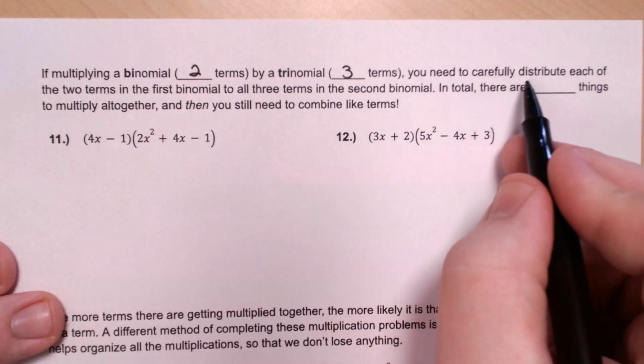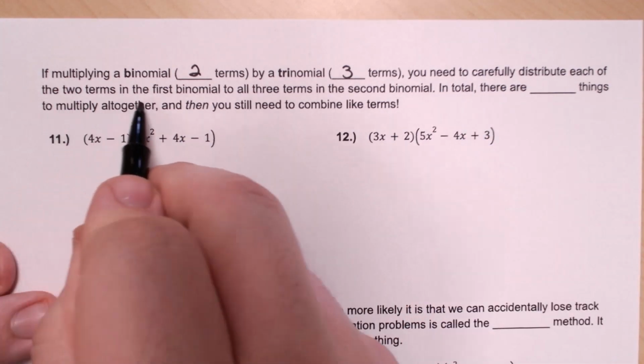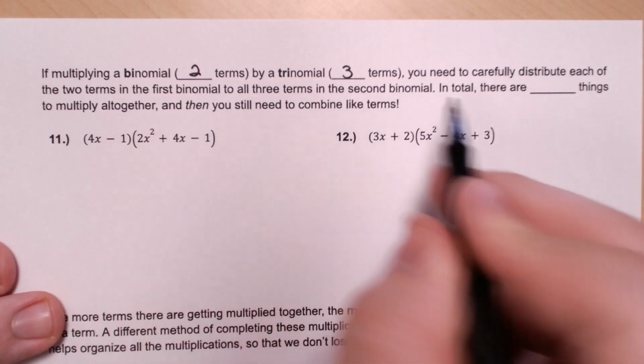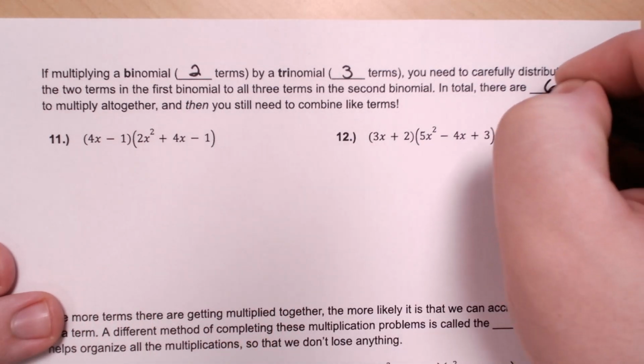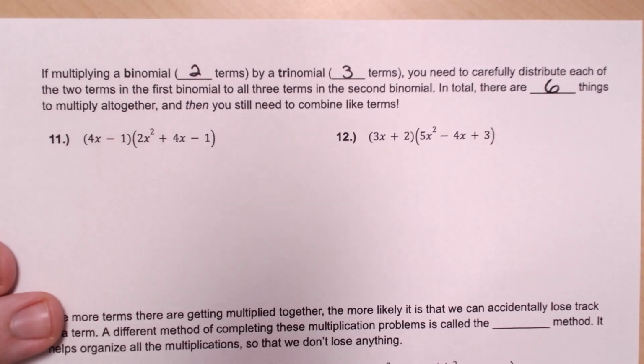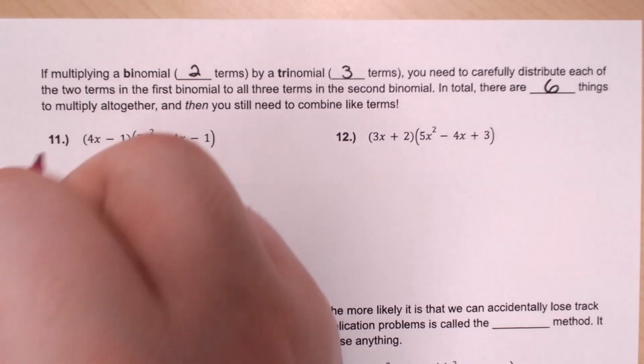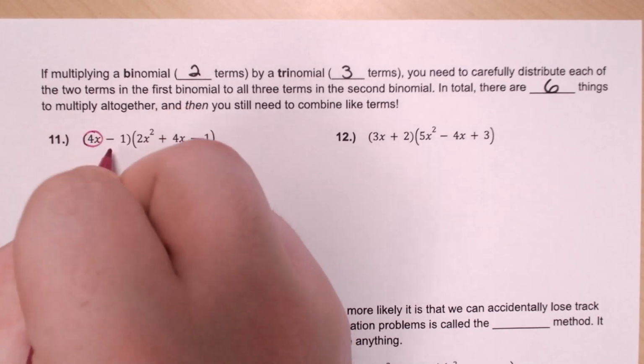We need to carefully distribute each of the 2 terms in the first binomial to all 3 terms in the second. In total, there are 6 things to multiply all together, and then you still need to combine some like terms. So, how I'm going to do this is just start with the 4x and ignore that negative 1